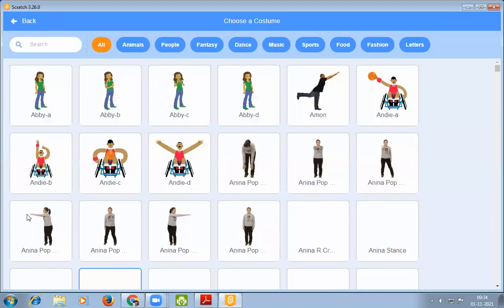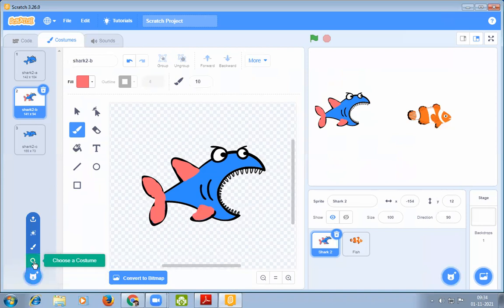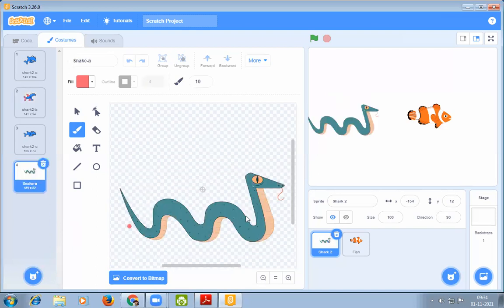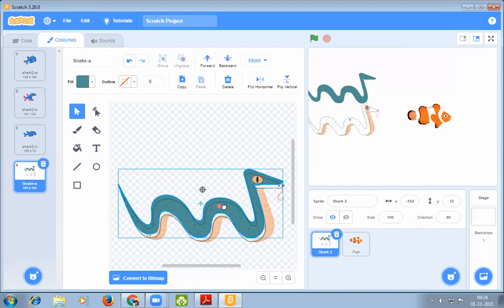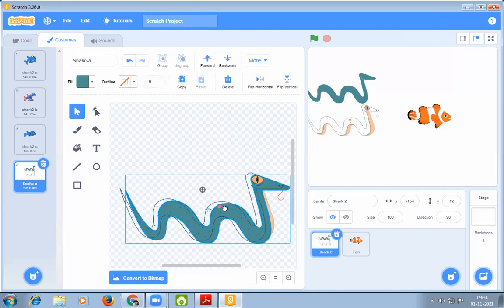You can choose from here, or we can use the paint option. I have just done it. We can click on surprise also. By clicking on surprise, the costume of the animal changed. The costume of the animal gets changed.